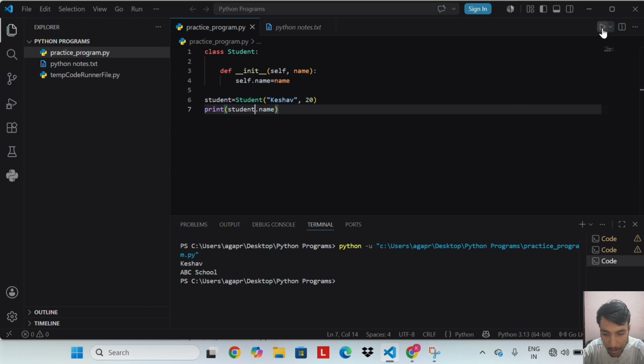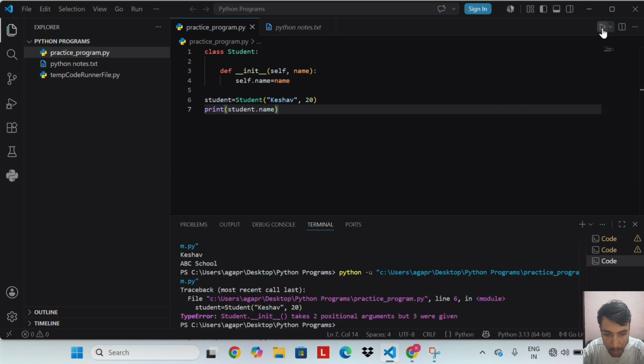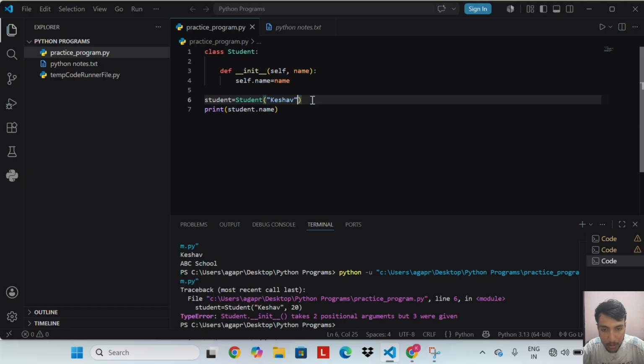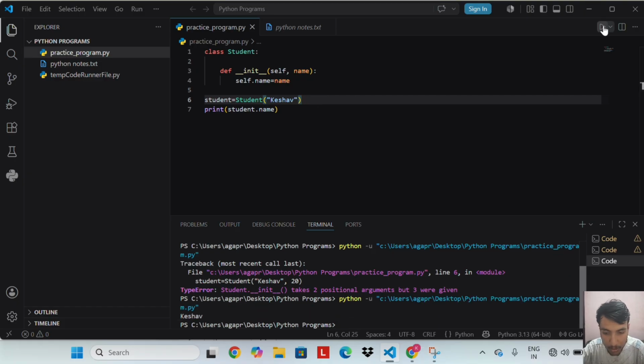Let's run this code. We have to remove this also. Let's run this code. We get Keshav as output.